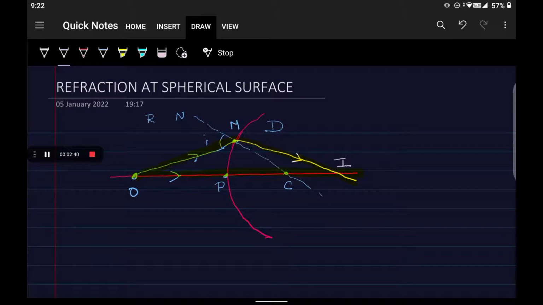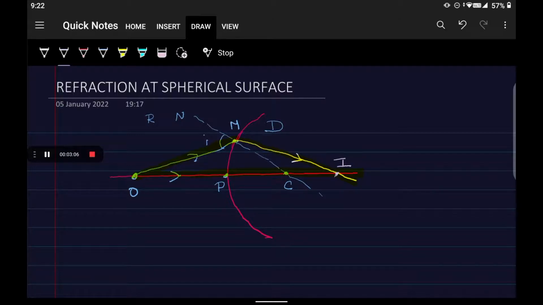So as you know well, I have considered here a convex refracting surface, and two rays I am making out. One is passing through the principal axis, one is having a certain angle, and it undergoes refraction rarer to denser, bends towards the normal, and both these refracted rays intersect at I. If the refracted rays intersect at any point, there the image will be formed. So there the image is.